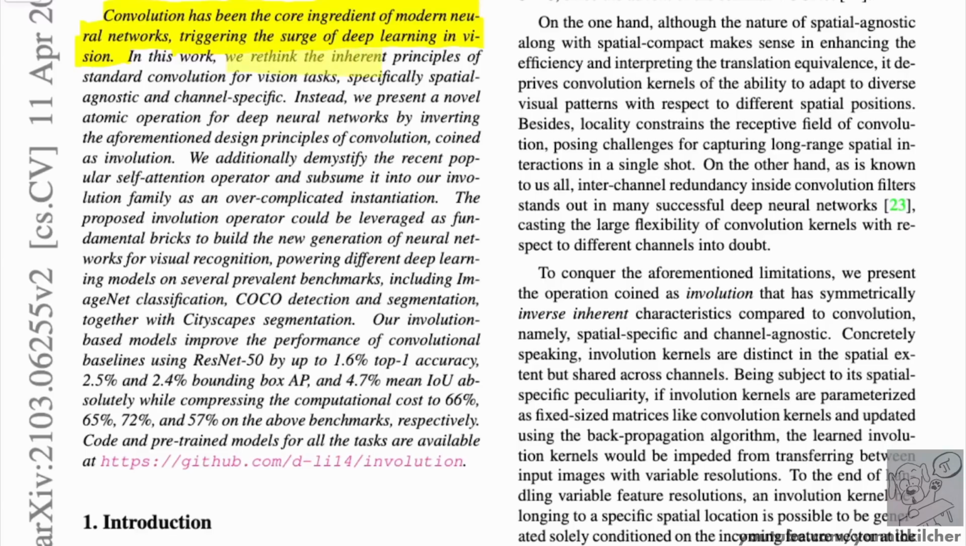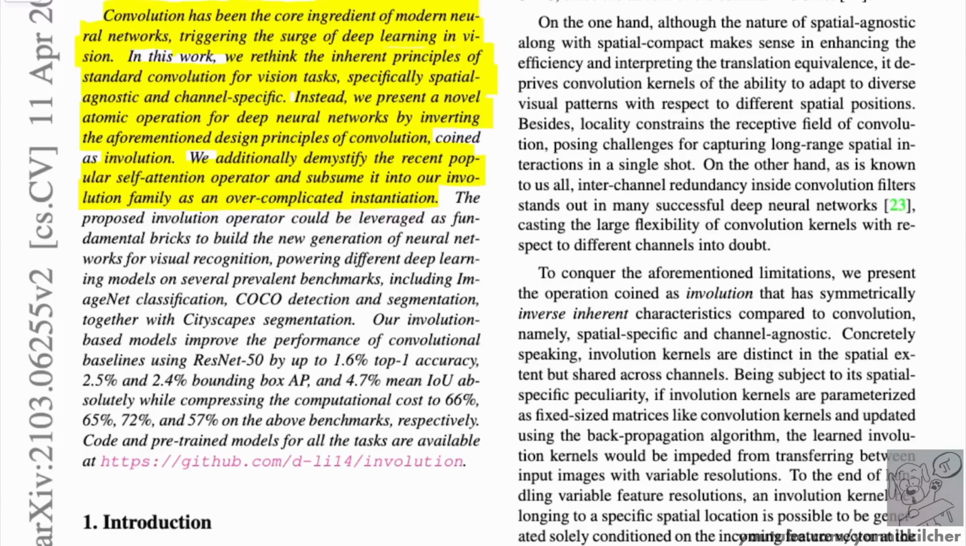They say we rethink the inherent principles of standard convolution for vision tasks, specifically spatial-agnostic and channel-specific. Instead, we present a novel atomic operation for deep neural networks by inverting the aforementioned design principles of convolution, coined an involution. And they say we additionally demystify the recent popular self-attention operator and subsume it into our involution family as an overcomplicated instantiation. So a lot of statements in this paper are true, especially further down. A lot of the experiments are really cool, but it is a bit of an overstatement what